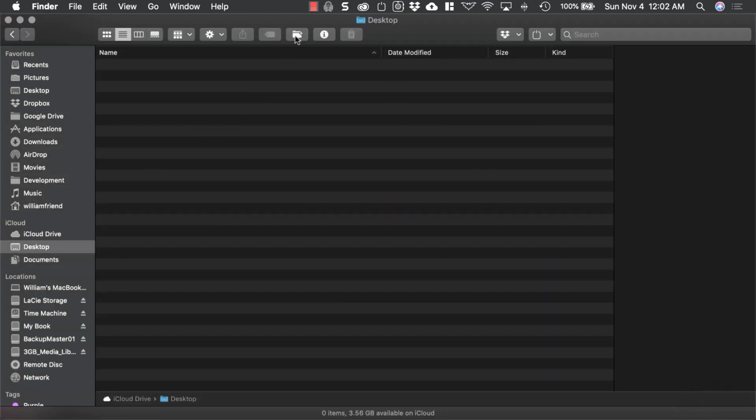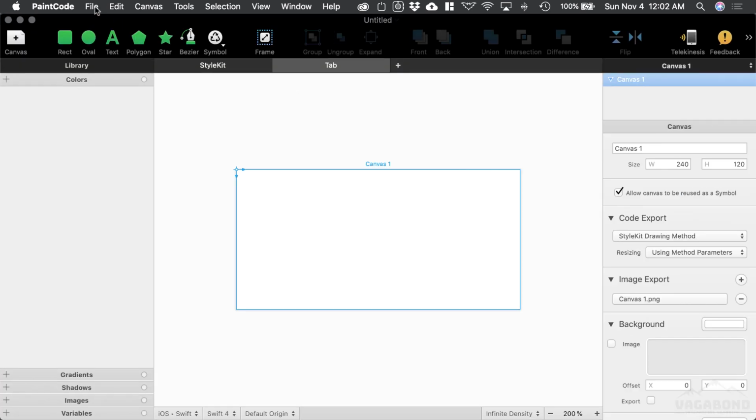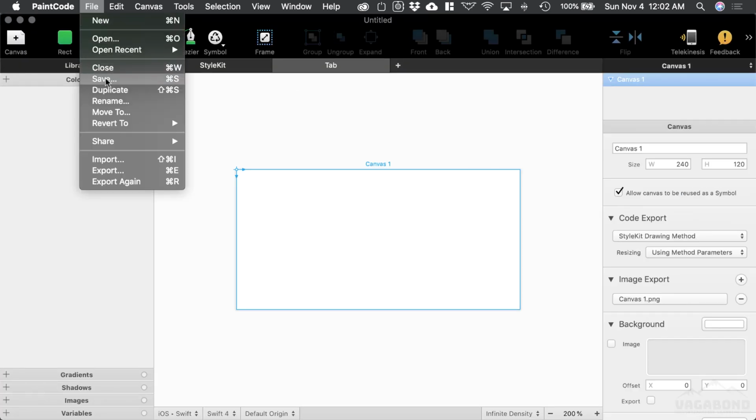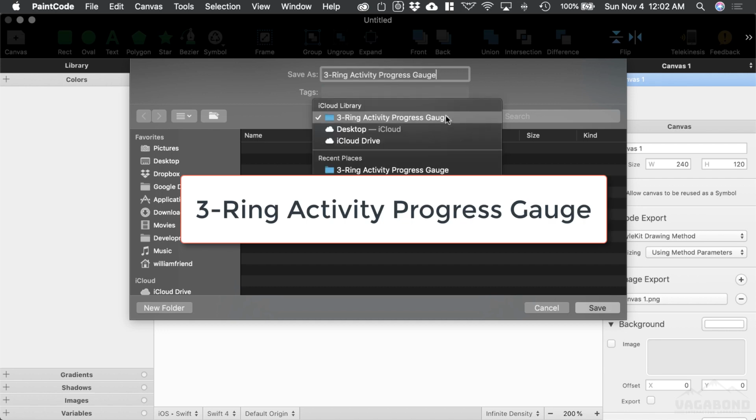Let's go ahead and get started by creating a folder on our desktop for our project files and give it the name of 3-ring activity progress gauge. If you haven't done so already, start PaintCode and create a new project. Save the project by selecting Save from the File menu. Name the new file 3-ring activity progress gauge and select the new folder that we just created and then press